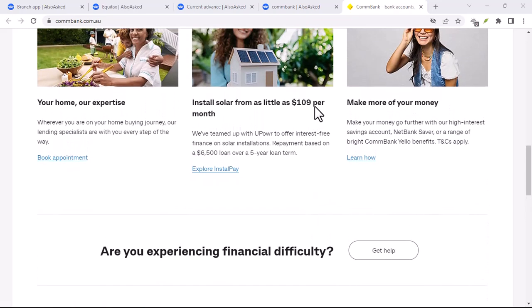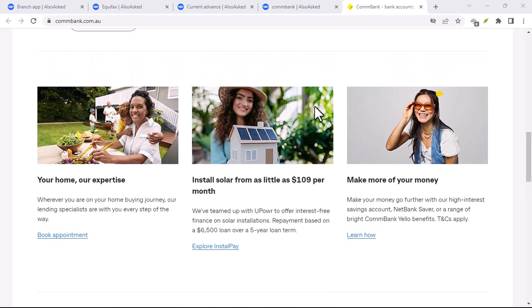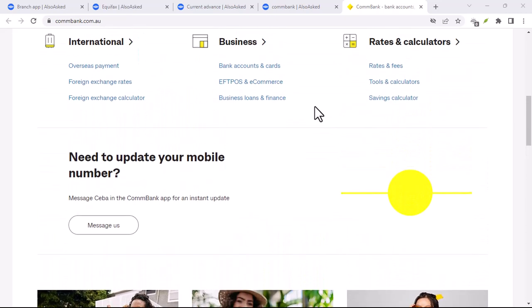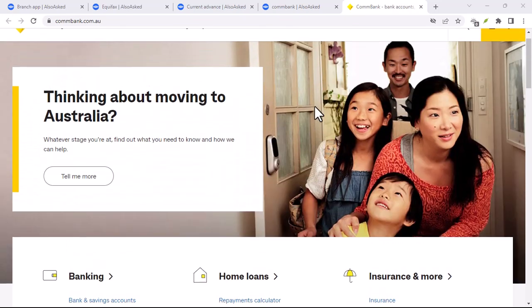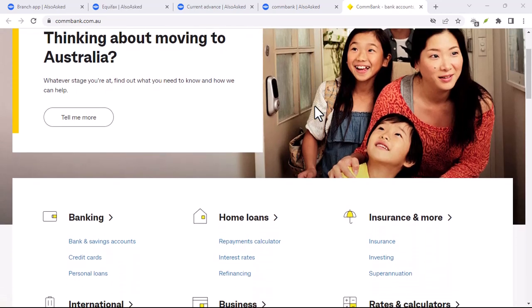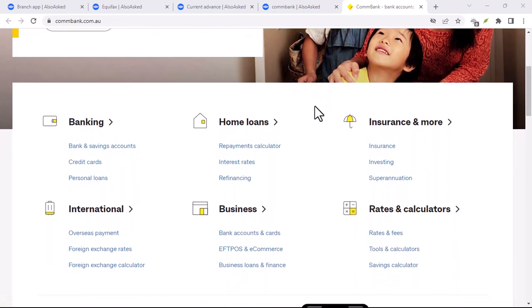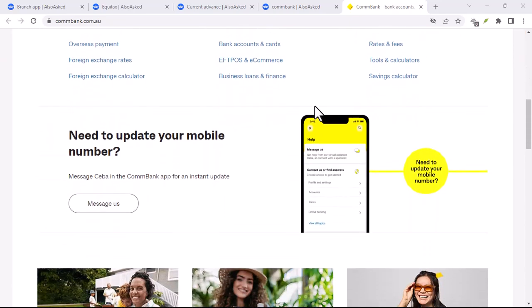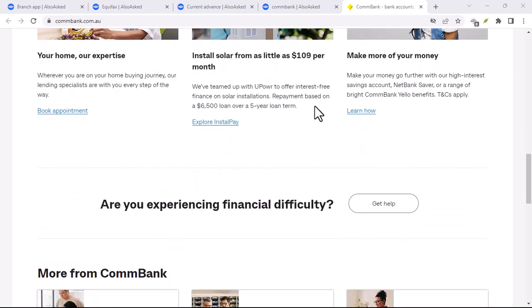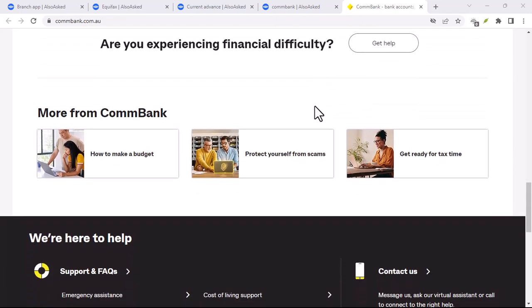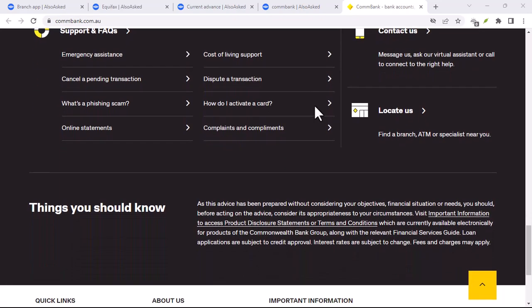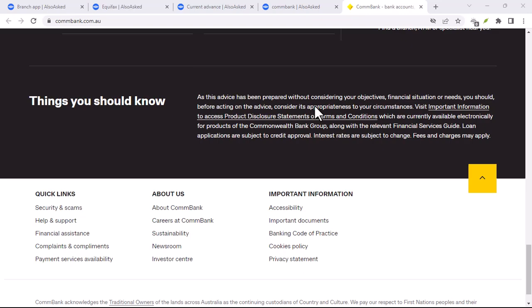Phone banking. You can also contact Commbank by phone. Commbank has a number of phone lines that you can call to speak to a customer service representative. Here are some of the most common phone numbers for Commbank. 1300 366 888, General Inquiries. 132 266, Business Banking. 131 120, Credit Cards. 132 268, Home Loans. 132 267, Insurance. When you call Commbank, you will be asked to provide some personal information, such as your name, date